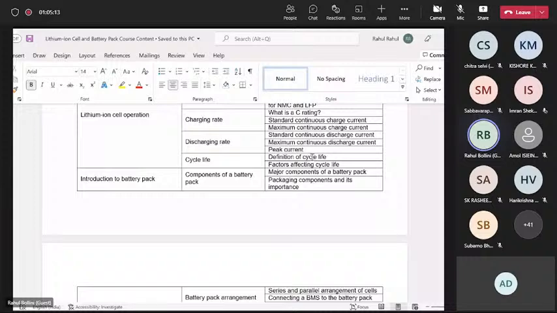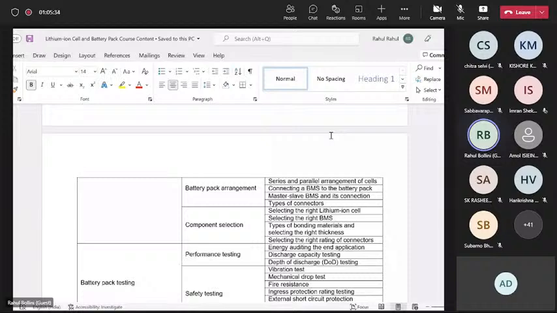Now this is the second part of this module would be introduction to battery pack. So earlier was a cell. So what are the components that go into a battery pack, arrangement, the series parallel connection, and how a BMS is connected. What is the master slave BMS for high voltage applications, types of connectors, and selecting the right type of lithium ion cell for your application, selecting the right parameters of the BMS, types of bonding materials, and selecting the